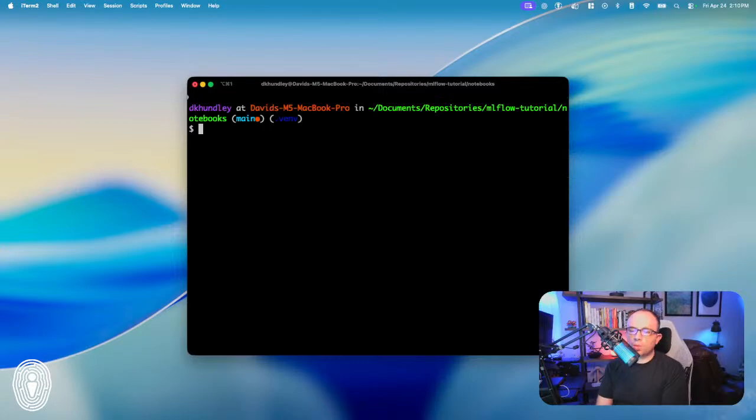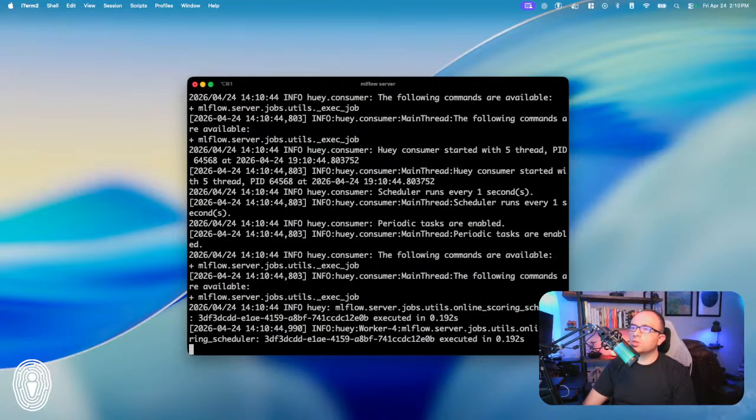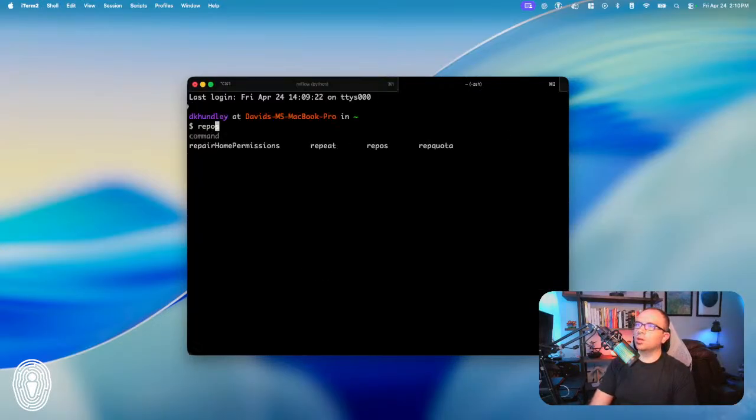All right, so to start with MLflow, it is as simple as running the mlflow server command. So let's go ahead and run that. What this is going to do is create those files behind the scenes, in fact the artifact store file and the backend database store file. And then it's also going to start up the user interface. I just want to show that really quick here in the secondary tab.